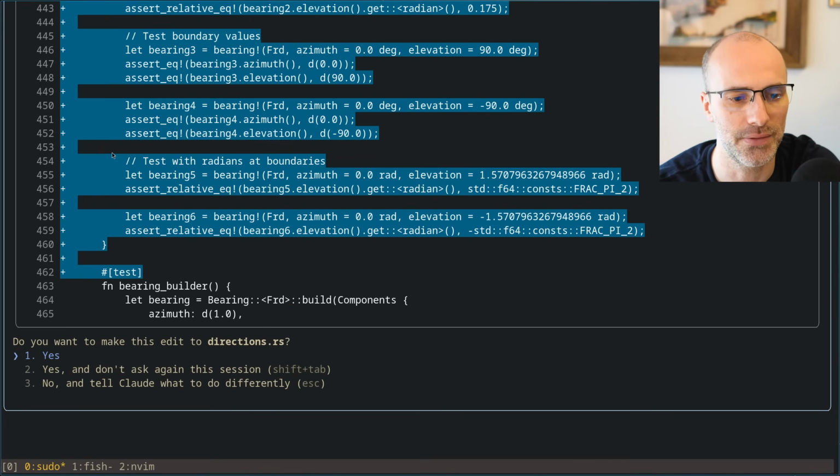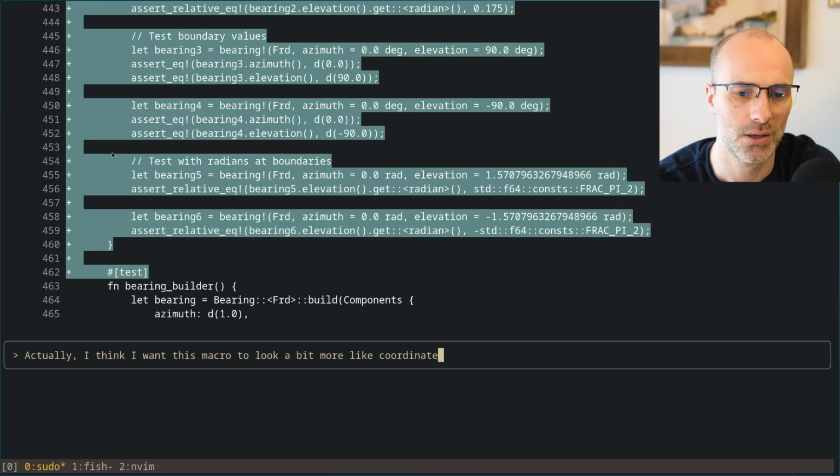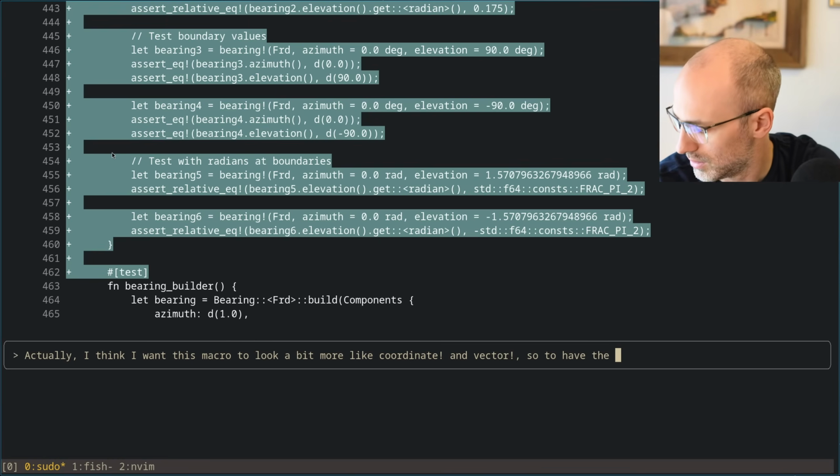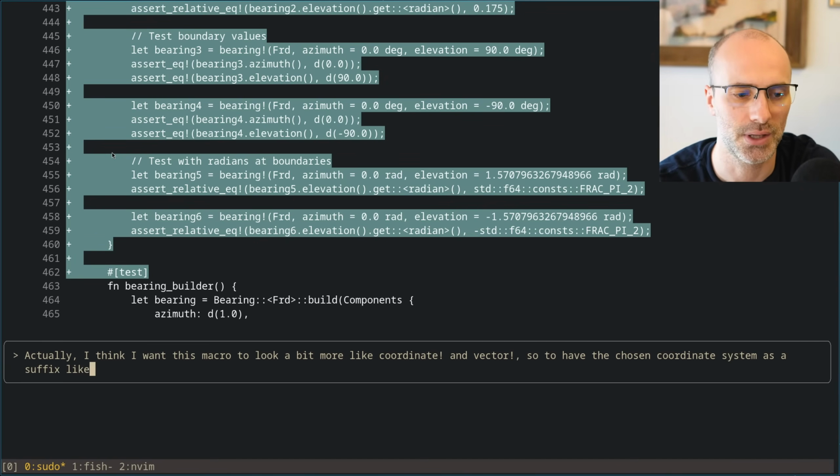So let's tell it that. Actually, I think I want this macro to look a bit more like coordinate and vector. So to have the chosen coordinate system as a suffix like in FRD instead. What do you think?